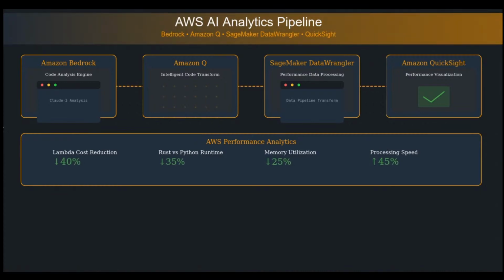And really what we look at when we look at generative AI is that it is playing a critical role, but it's an enhancer. And so it's analyzing code with Bedrock, or transforming it with Q, generating visualizations with Claude and QuickSight, and then enhancing the process. And it's not going to replace any traditional process, it's augmenting them to make them faster.